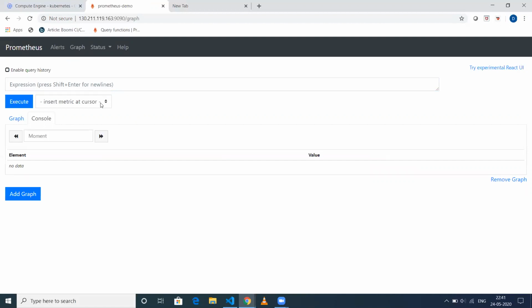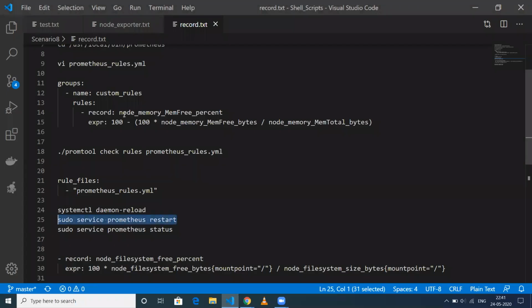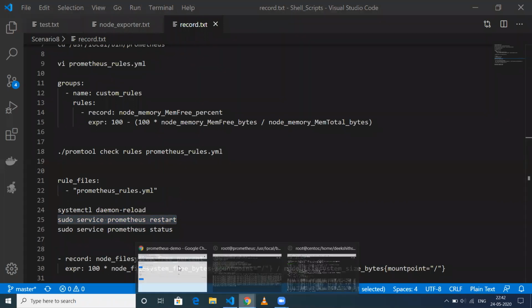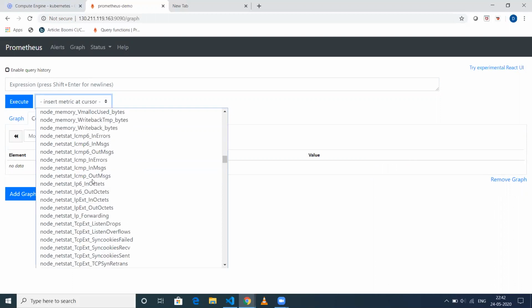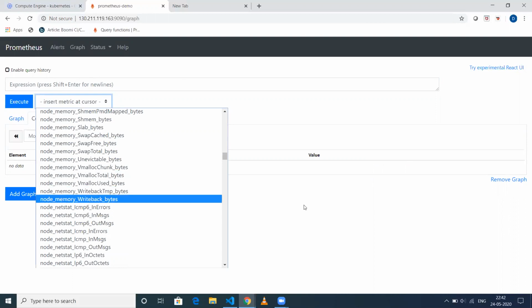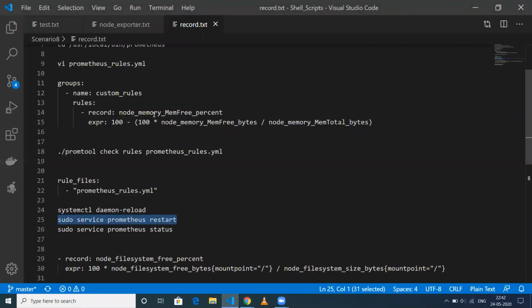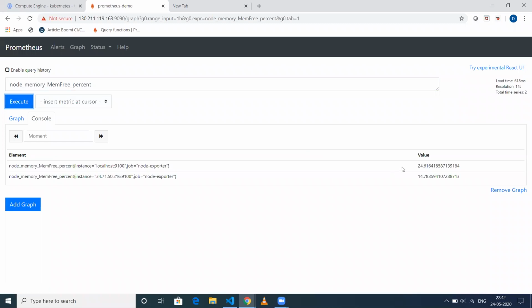So now I'll be able to see whatever I've created by using this name, node memory mem free in percentage. Okay, so I should be able to see it under node memory in bytes. So rather than this, I'll just copy paste this particular node memory mem free percentage in the query, so that let me see whether, yes, see, so this is how,